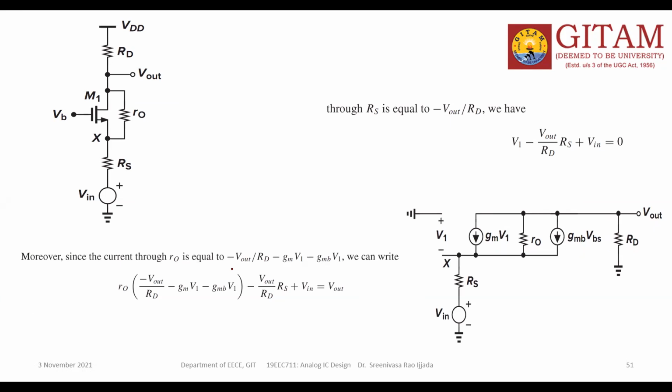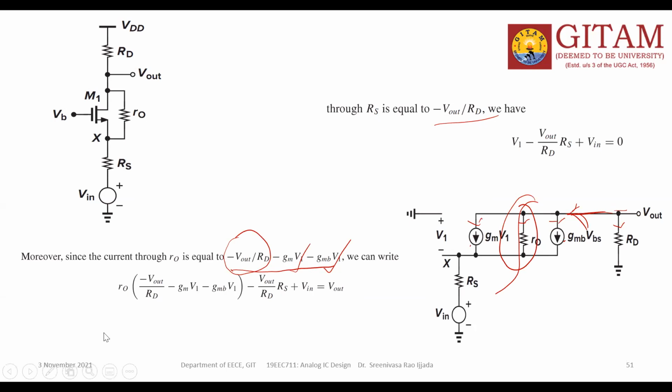Current to the R naught is equal to this one I told you. What is the amount of current flowing in this one? The amount of current flowing in this one is minus V out by RD. So this is the original current, which comes to this one and divides into 3 currents. I need this one, so from this original current I want to subtract these 2 terms: one is minus GM into V1, one more is minus GMB into V1. Then you will get the current to the R naught. Okay, sir. Got it.